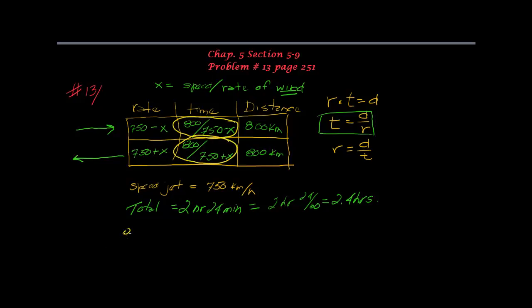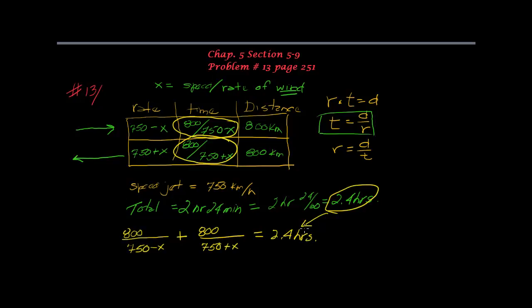So 800 over 750 minus x plus 800 over 750 plus x is going to be equal to this total time of 2.4 hours. I'm going to grab a clean sheet here and be right back so we can do the